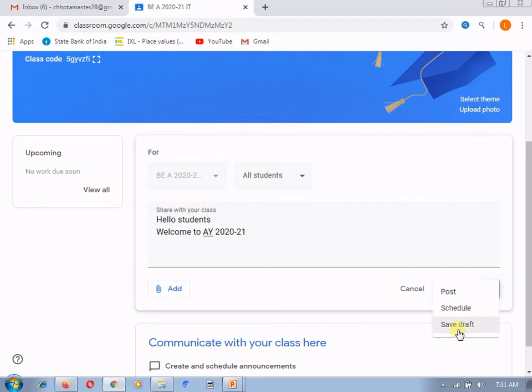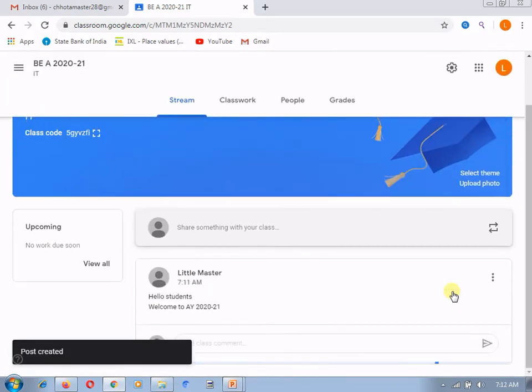If you create drafts, whenever you want you can post them at the right time. Currently I am posting it, and after posting it will look like this.